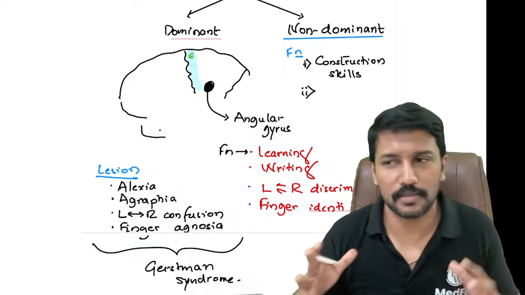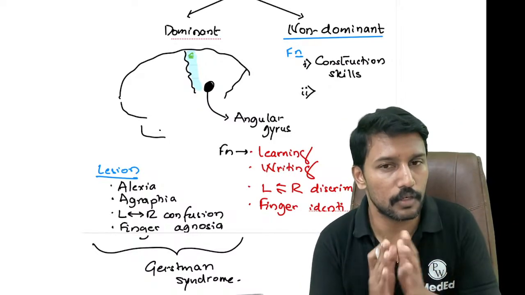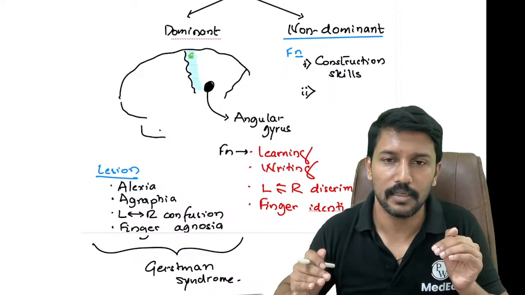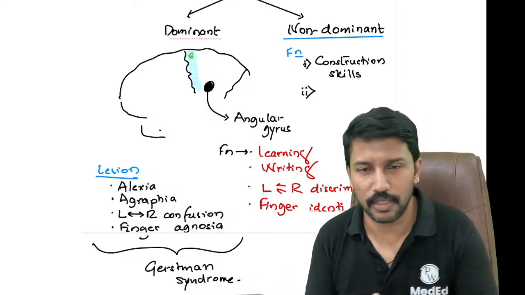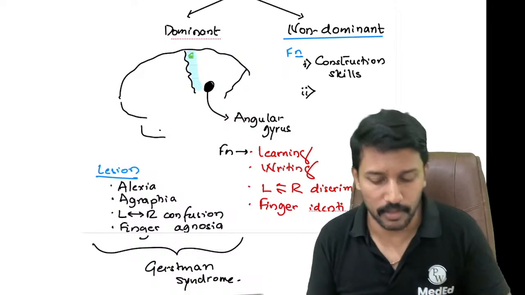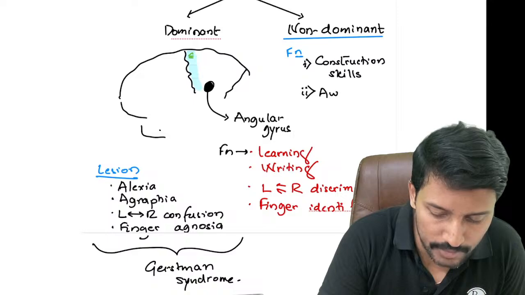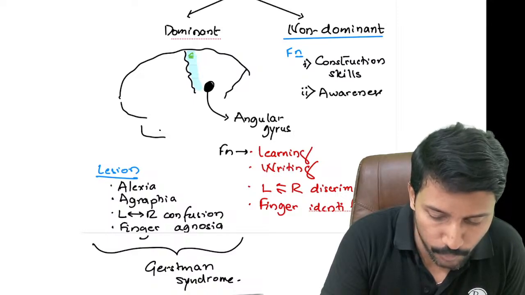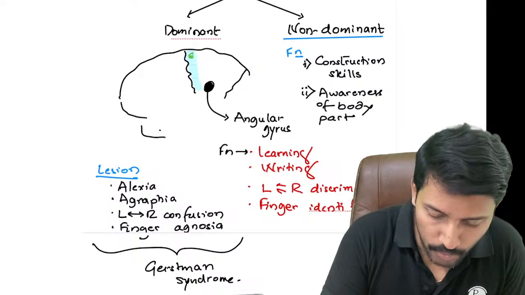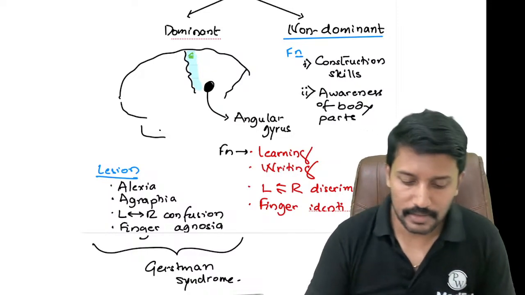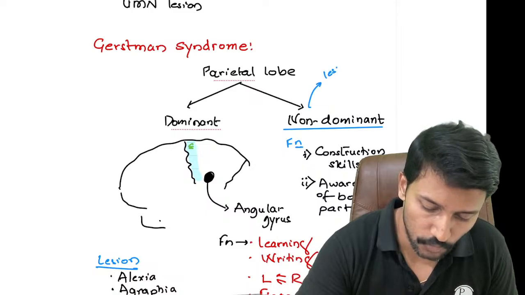In simple words, my subconscious mind knows where exactly my body parts are positioned right now, right? Whether they are on the chair or on the floor, my subconscious mind knows. That all comes from our non-dominant parietal lobe. So we call it awareness of body parts. Okay. Now, if there is a lesion of this non-dominant parietal lobe,